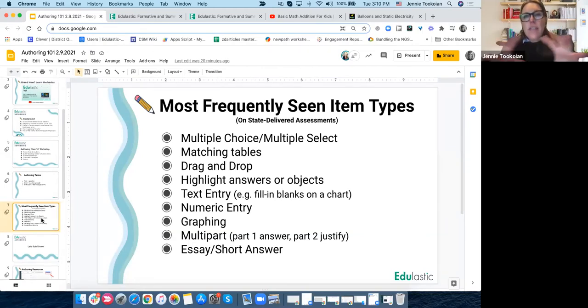And with all of that experience, I still narrow my selection of item types when I'm building something to this handful of key, most frequently seen item types. I mean, the obvious reason why is that the more experience our students have with these, then we're not testing, do they know how to use the technology? We're testing their knowledge in those tests. So the more comfortable they are, the more experience they have with them,